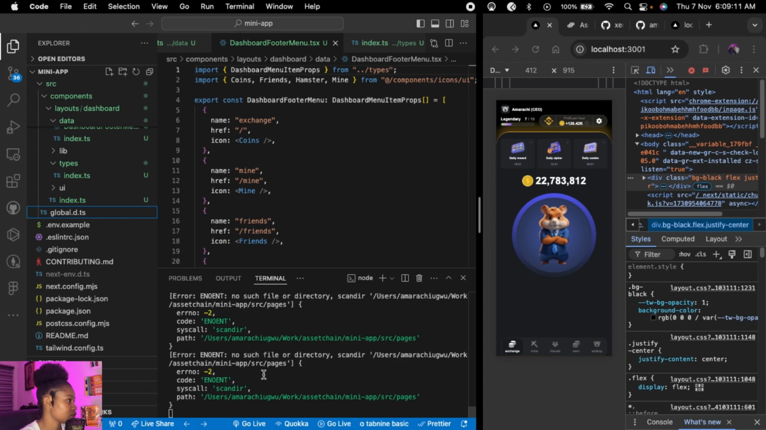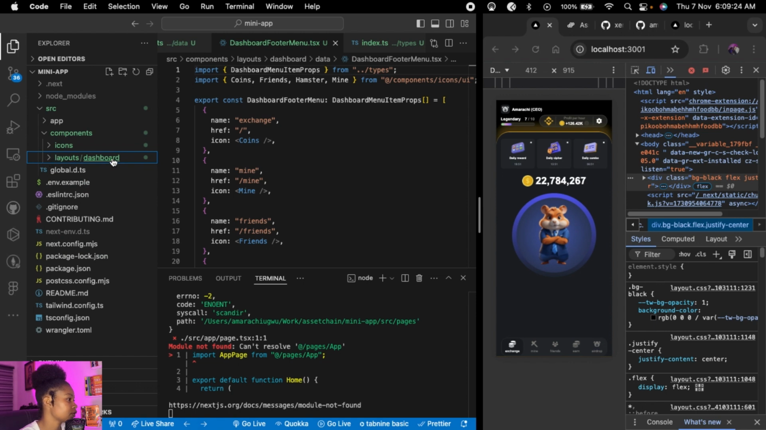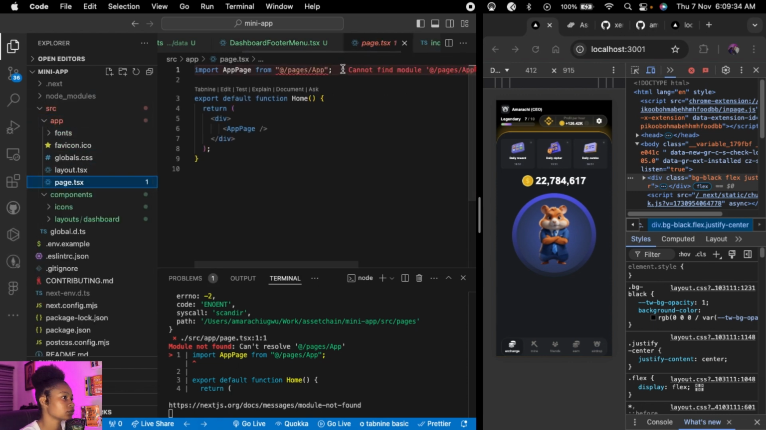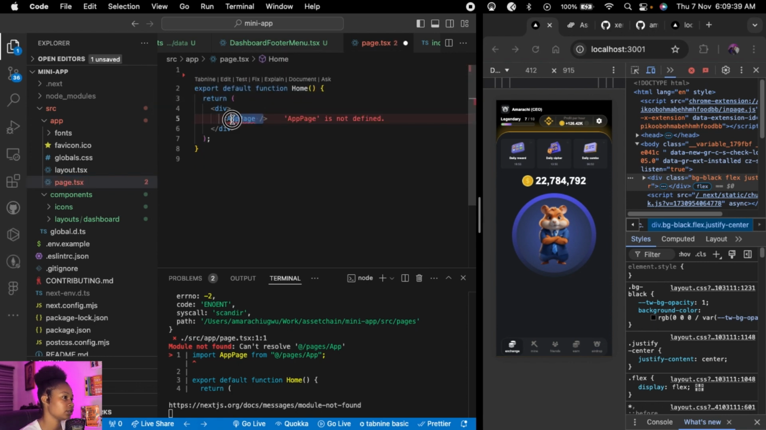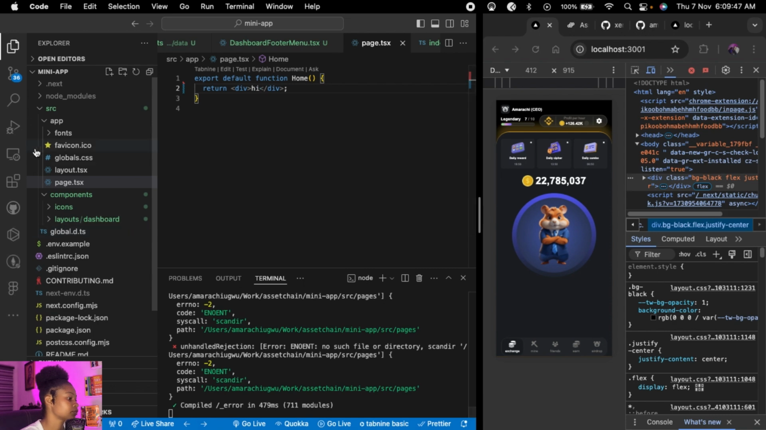All right, so let's see where we still have issues. App image at pages. Do I still have pages? So right now what I have in my components is my icons and my layout, dashboard layout. And now inside the app, okay, we now have our page. I'm just going to have a simple hi, just to keep things clean. And then